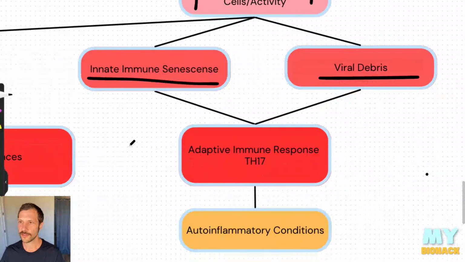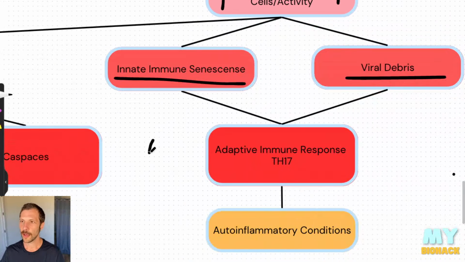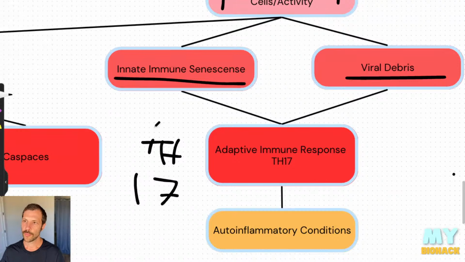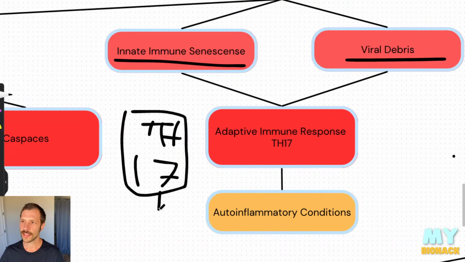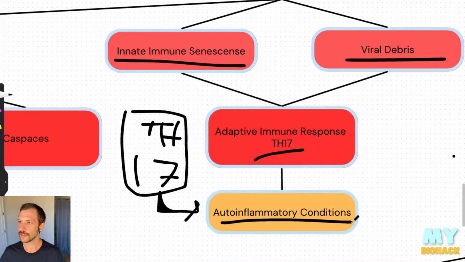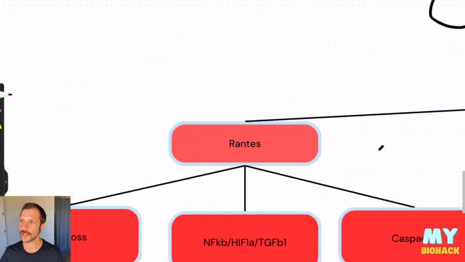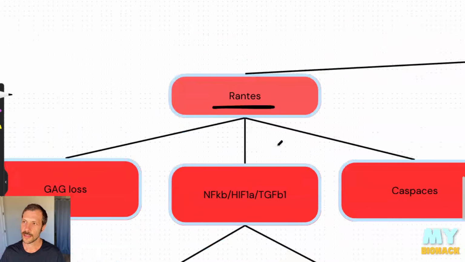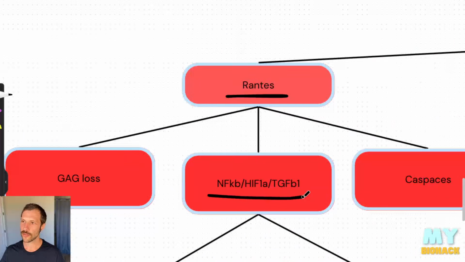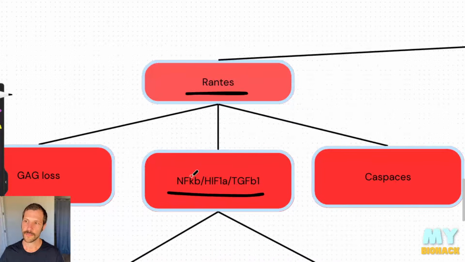You have multiple branches of how T helper cells can differentiate, and one of them is Th17. Th17 promotes the immune response that leads to autoimmunity. You also get a whole bunch of other things like RANTES. RANTES causes things like more inflammation and hypoxia, nuclear factor kappa B, hypoxia inducible factor 1 alpha and beta, and 2 alpha, and